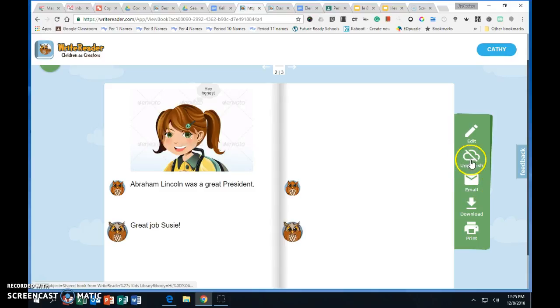And you can see you have to publish it when you're done. I can even edit it, and you can email it to the parents. You can download it and save it. I don't even know if I'd print it, but anyway, the kids, if they want a print copy, they could do that. So this is called Write Reader,